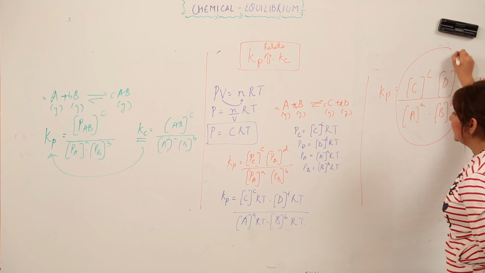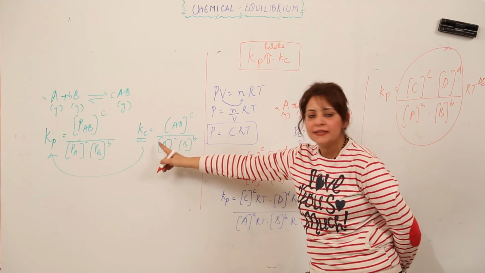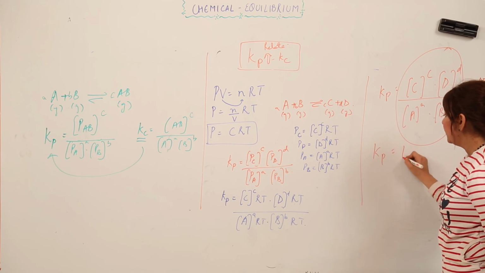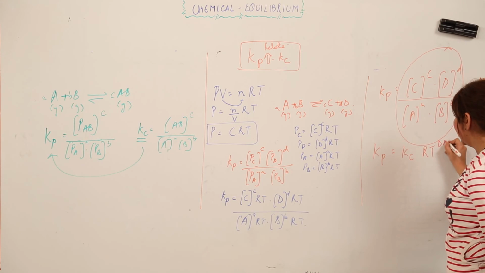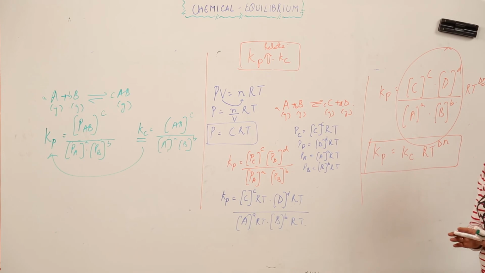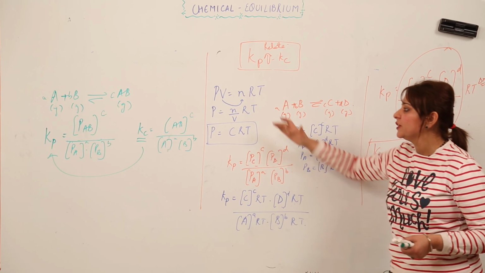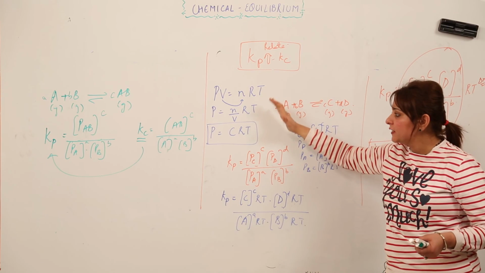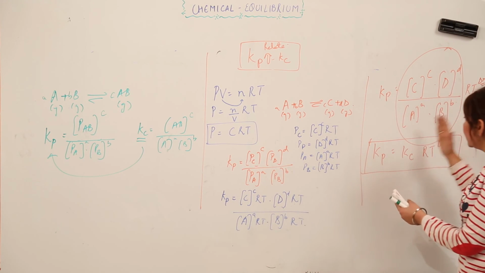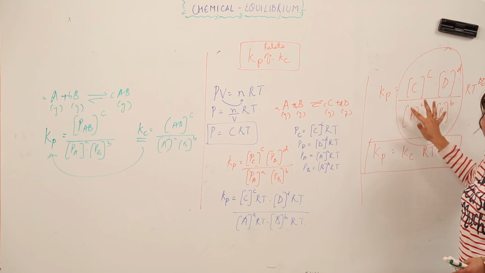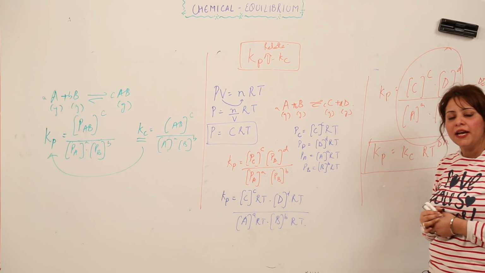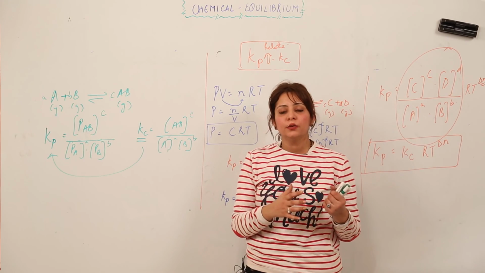We know that the expression Kc, when the products are divided by the reactants, just indicates Kc. So we can write Kp is equal to Kc (RT) to the power delta n. So what does it indicate? This is actually a relation between Kp and Kc. That is what we did: we transformed the ideal gas equation in terms of P, then we wrote it in the form of Kp, then we separated it, and we know that these concentration terms are indicated by Kc. So this is what I have done: Kp is equal to Kc (RT) to the power delta n. This is the relation by which we relate Kp and Kc.